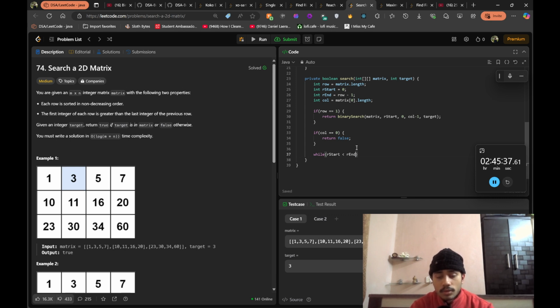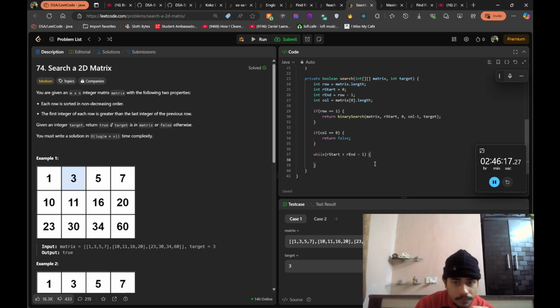So it will be going till here only, because it's row end minus 1 and it's not equal to, so it's not considering the last row, you know what I mean. So this is how the while loop will be working,